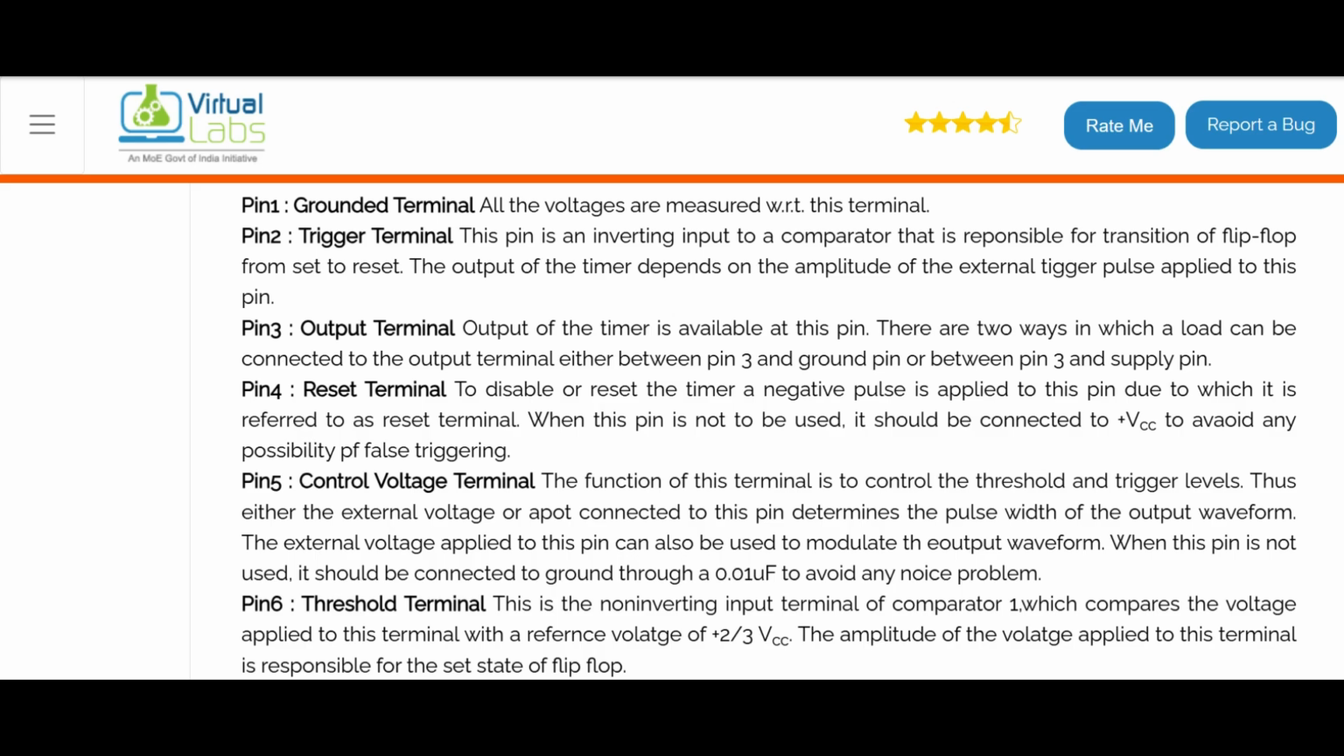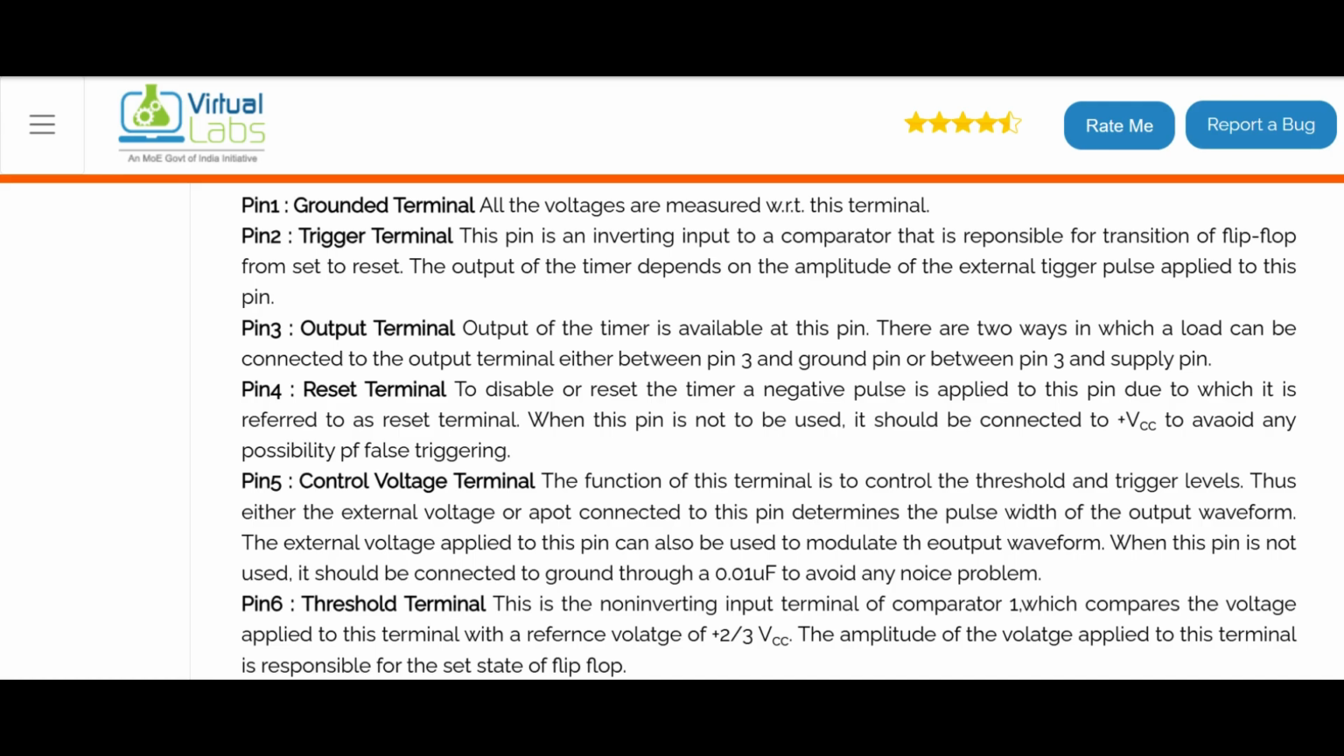When this pin is not to be used, it should be connected to plus VCC to avoid any possibility of false triggering. Pin 5, control voltage terminal. The function of this terminal is to control the threshold and trigger levels. Thus, either the external voltage or a pot connected to this pin determines the pulse width of the output waveform. The external voltage applied to this pin can also be used to modulate the output waveform. When this pin is not used, it should be connected to ground through a 0.01 microfarad